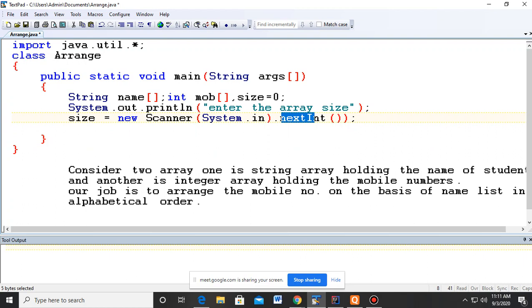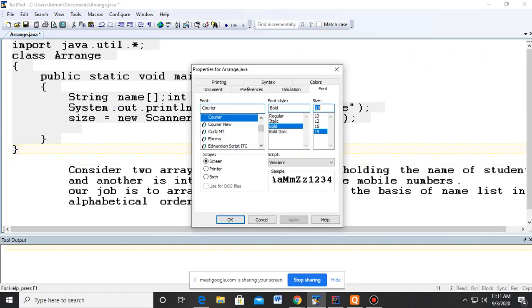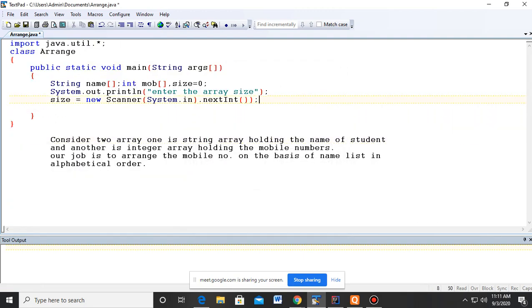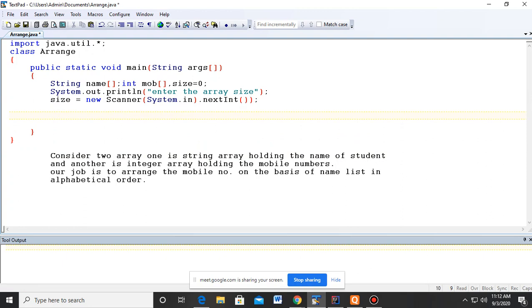Actually what happens when you need multiple values, like when you need an integer and a string value together, in that case you need that temporary instance of the scanner class. Otherwise you need to create two scanner class objects.